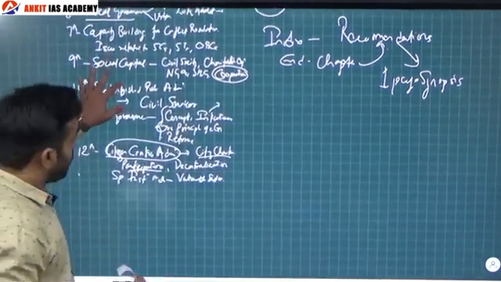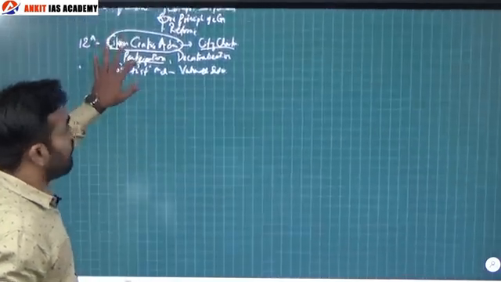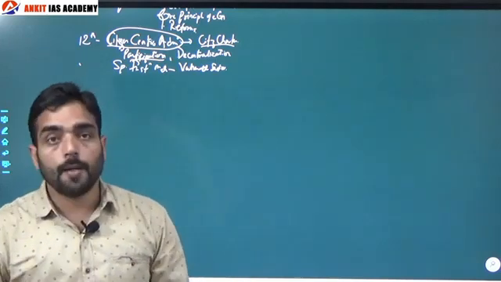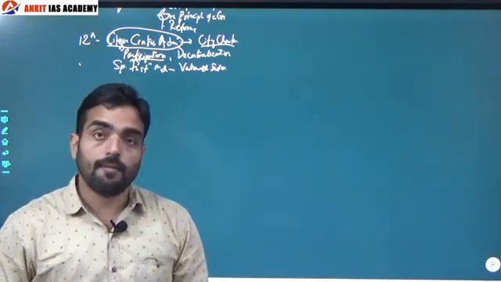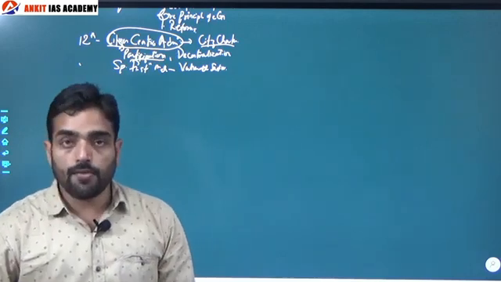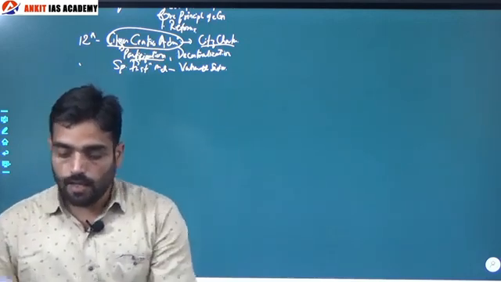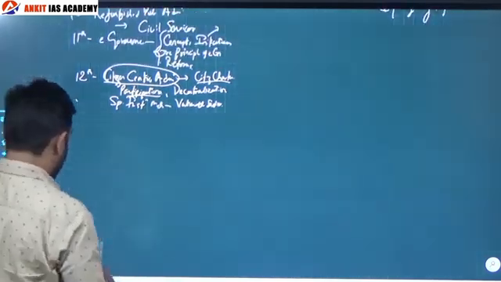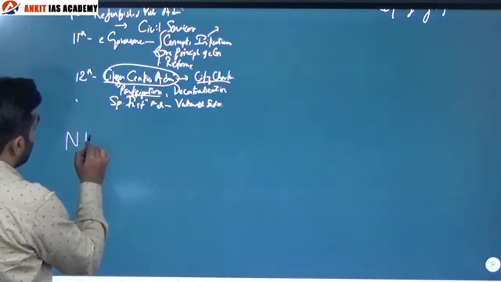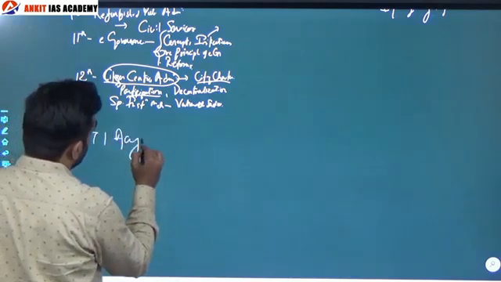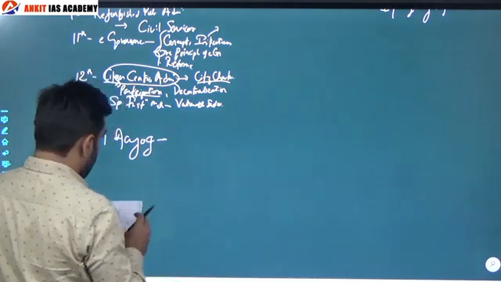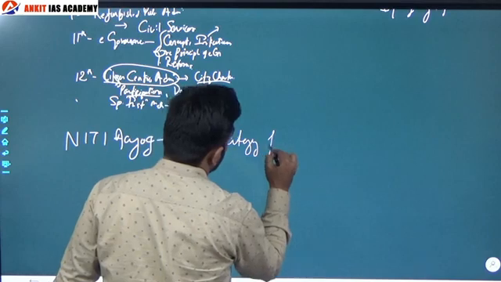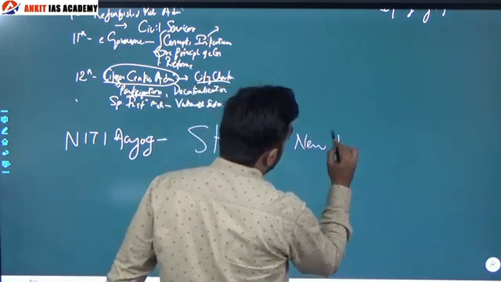So for social justice and governance, you need not refer to any book. Prepare a 2-3 page note. Then be familiar with the current developments. Talking about social justice and governance, I would like to suggest one more source. There is a document of Niti Aayog called as Strategy for New India